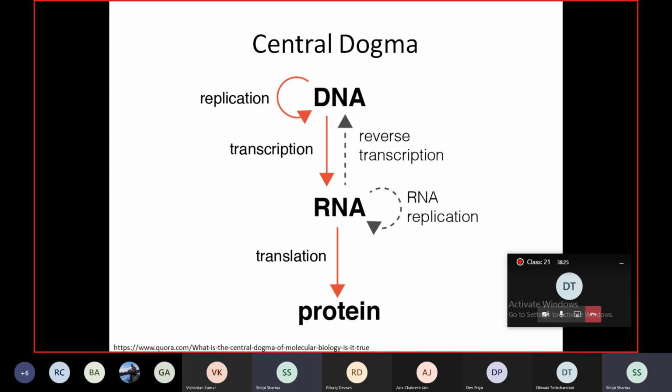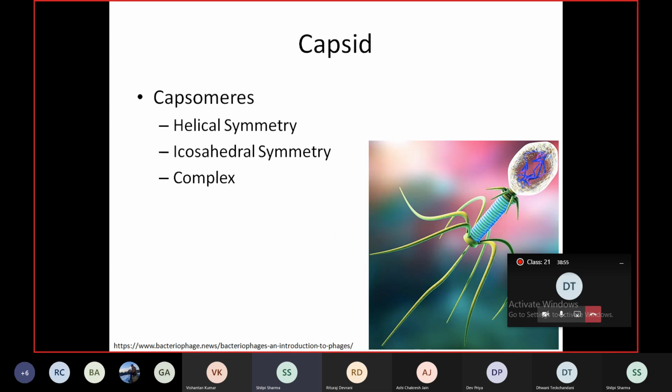What is interesting is that while viruses contain the blueprint in the form of RNA or DNA, they lack the capacity to independently read this information and to act upon it. So there are no ribosomes or other enzymes for the flow of information to happen, and the virus always requires the host cell for this action. The only other component a virus has is the capsid, which is a proteinaceous cover.